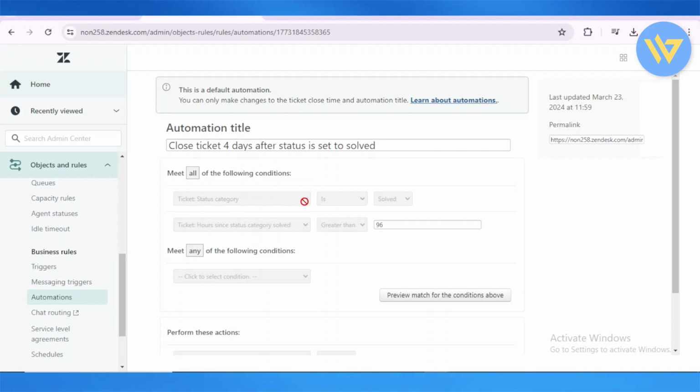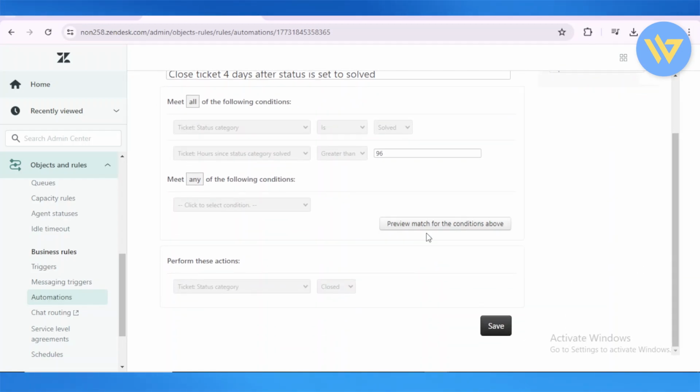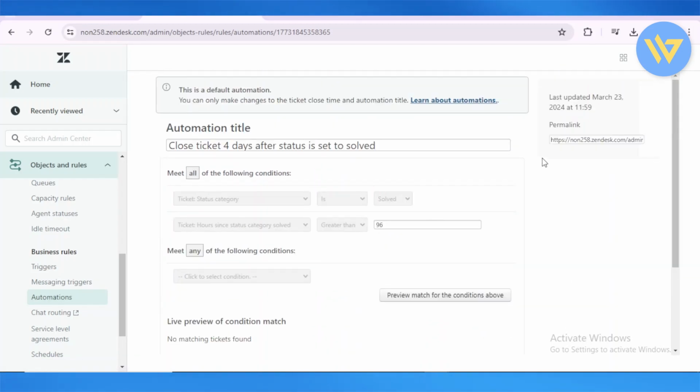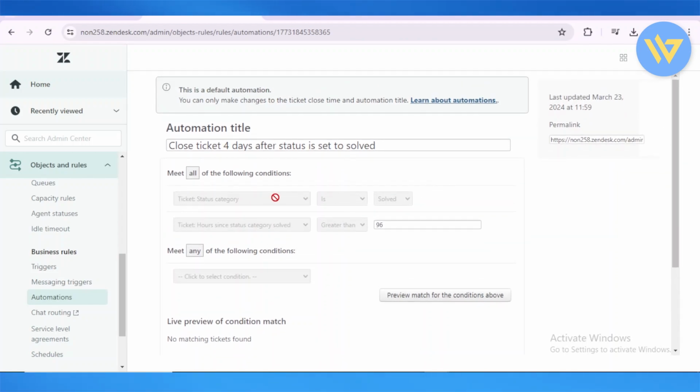the following conditions. 1, the ticket status category. This should be greater than 98 and meet any of the following conditions, right? So for that purpose, what I'm going to do is select preview the conditions that are matched for the conditions above. And I'm going to select a ticket status category and put that into 96, or, the